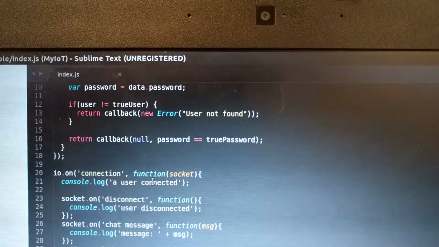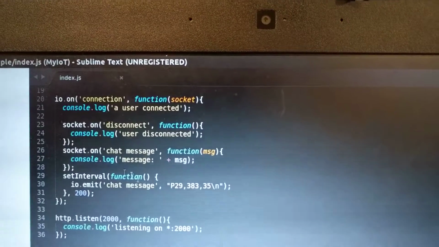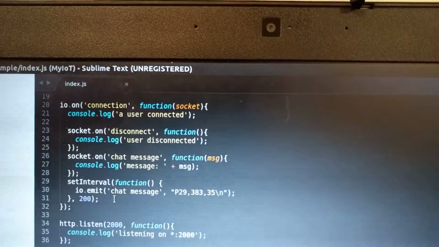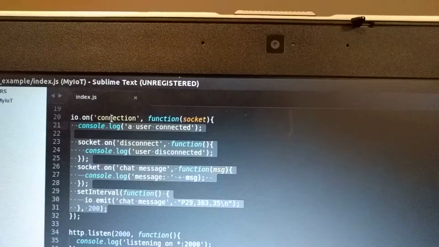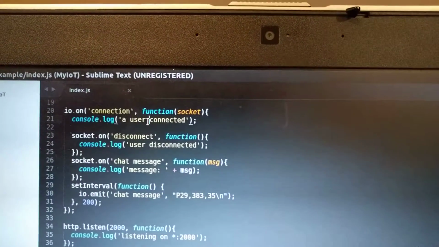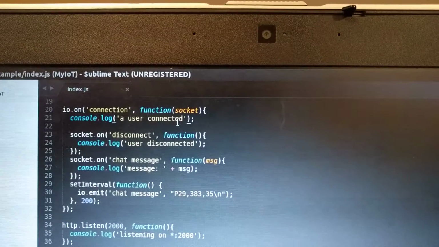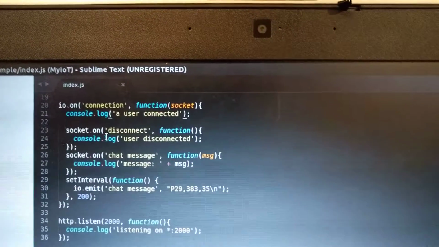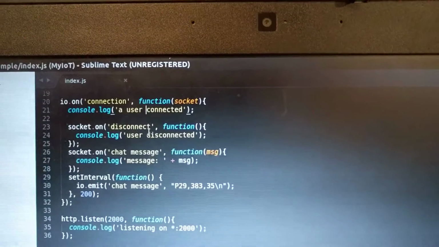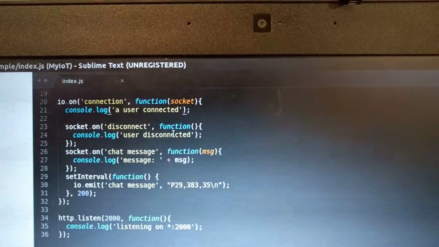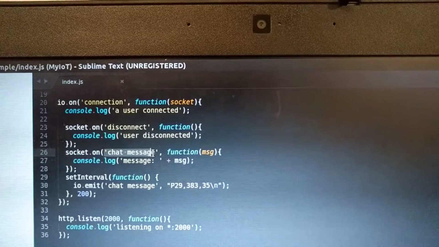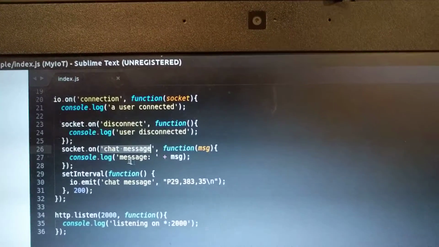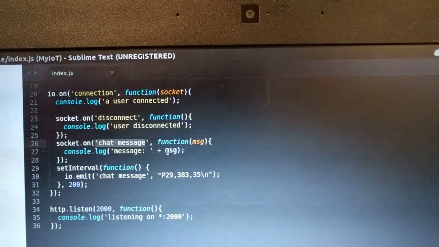Now in the callback function for the onConnection event, when a user is connected, we log to the console to indicate the user is connected, and on disconnect we indicate that too. When we get a message, we log the message to the console,